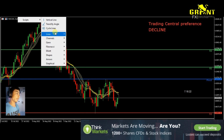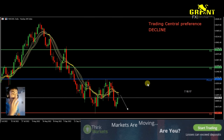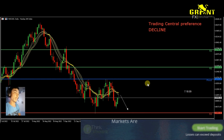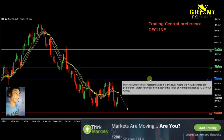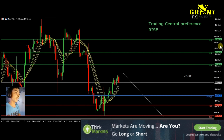Just add an arrow here. So maybe we can do something like that, back to our first level of support, which is at 10,450 points on the Nasdaq. We can do a slight retest of that trend line, or if we break above it and access support, we can head out to our pivot level on Nasdaq, which is at 11,670. But this is the daily time frame, so I'm going to head over to intraday trading on the 4-hour